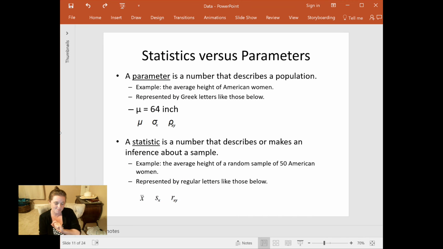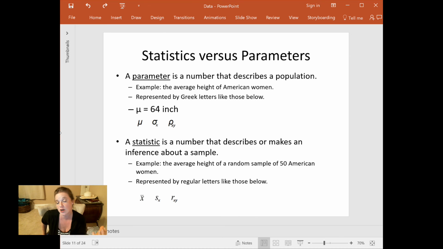Here is the idea. So let's dive into statistics and where that word comes from, right? This class is called Statistics 1. And where does that word statistic come from? Well, I'm about to tell you. When we talk about parameters, when we talk about populations, we're talking about a large group of people that we're trying to make a decision about when you ask a research question.